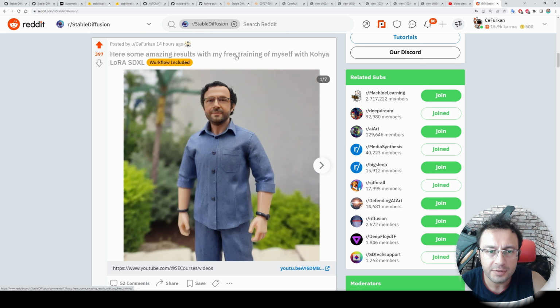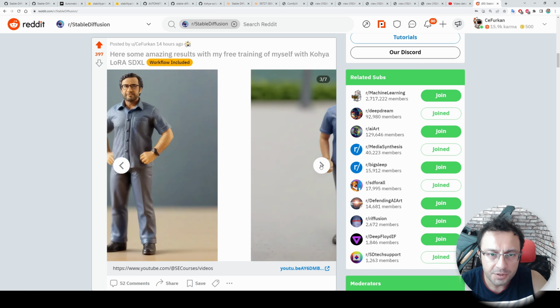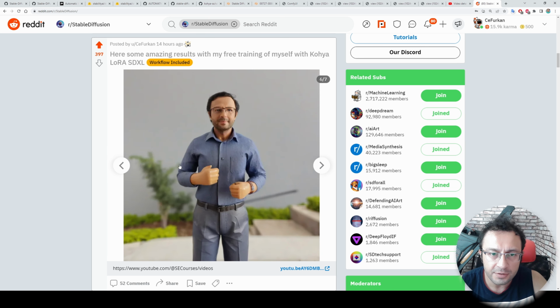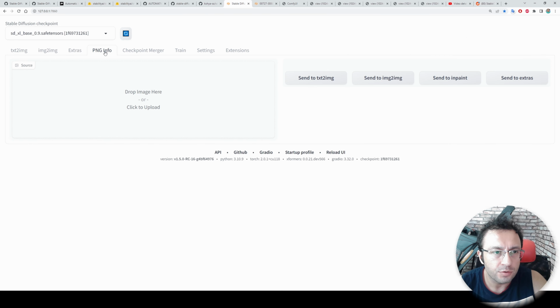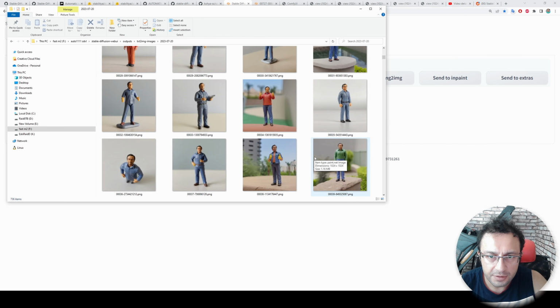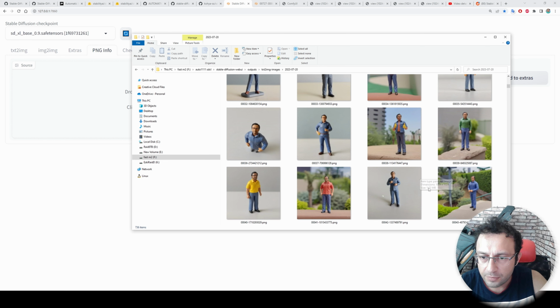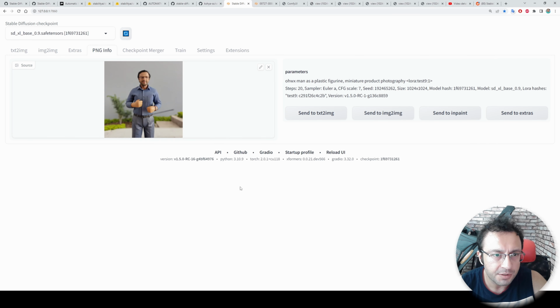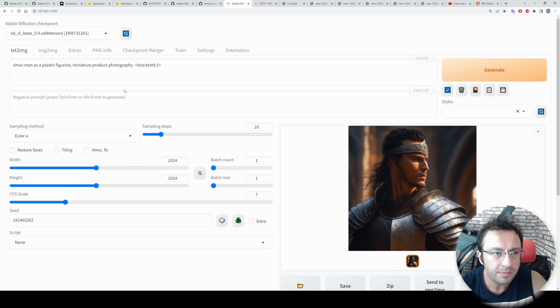Now I will show how I generated these images as you are seeing right now. Let's load into PNG info and regenerate them. Okay, let's go to the PNG info. Here the generated output images. For example, let's pick which one? This one. Yes, PNG info, send text to image tab. Okay, these were all the settings. I didn't use any negative prompt. 1024, 1024. This was the seed value, and this is my LoRA.